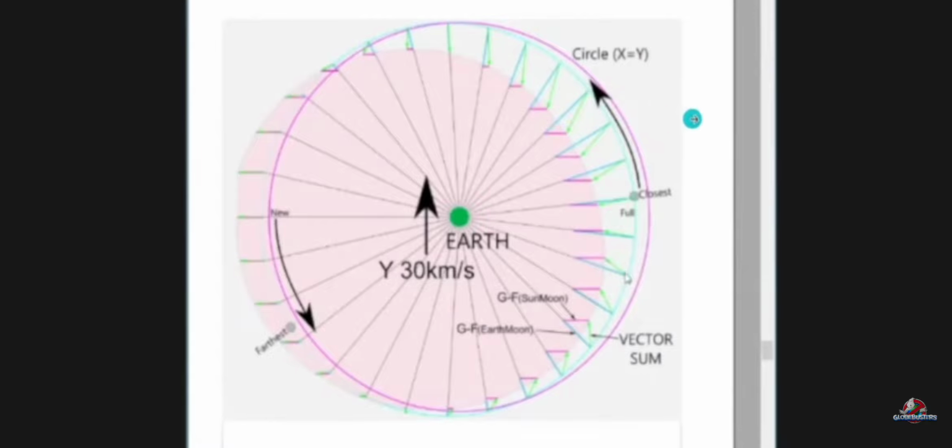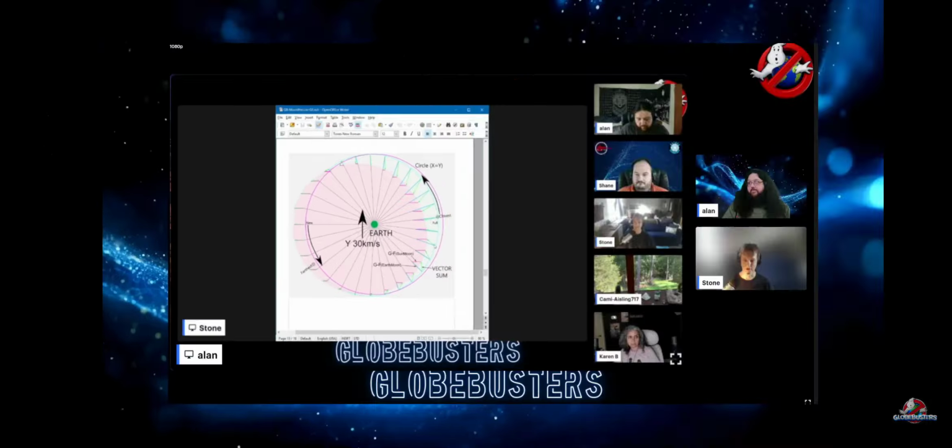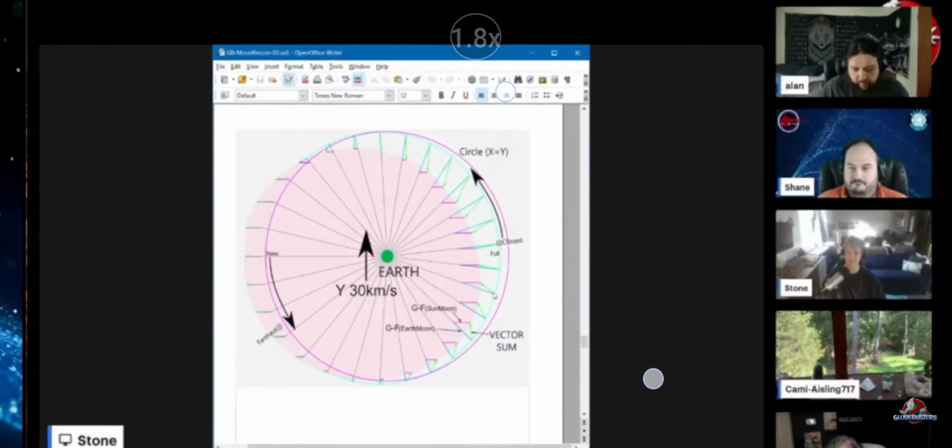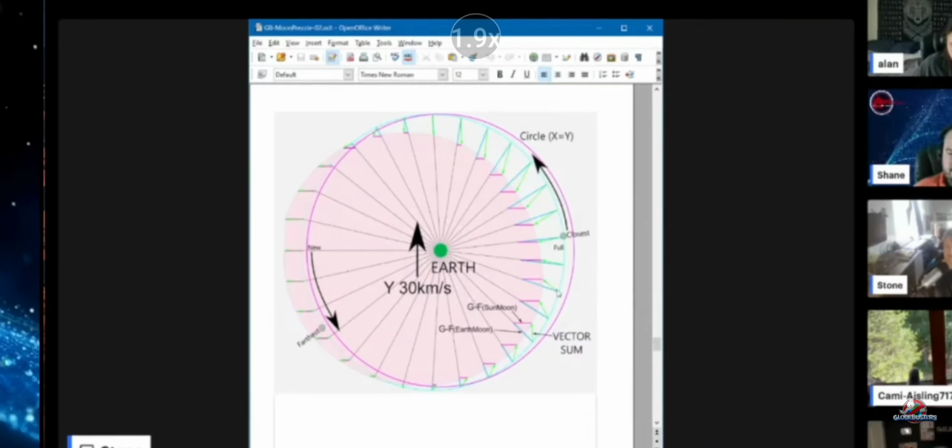And so anyways, to reiterate, the pink lines are showing the direction of pull on the moon by the sun, and the green ones are the direction of pull on the moon by the Earth. And you can see that they're wildly different from day to day, from week to week, as the moon goes through its quote monthly cycle around us unquote. You see that the net pull on the moon as it goes both around the Earth and around the sun is far from its actual apparent motion of travel, according to the Globe analysis.